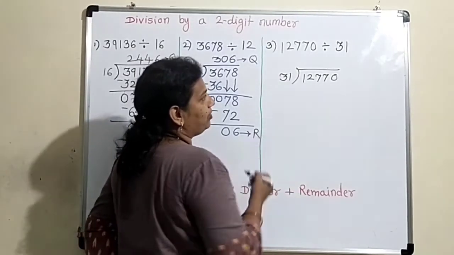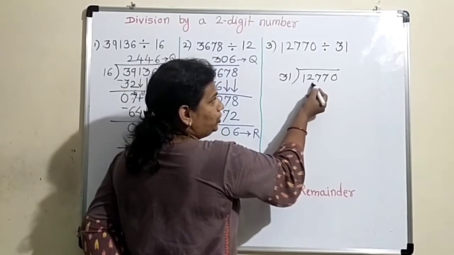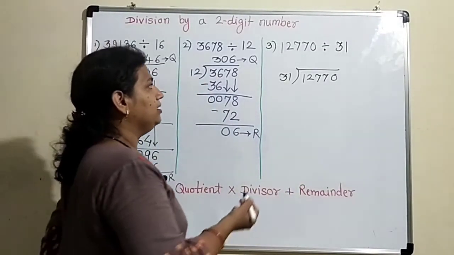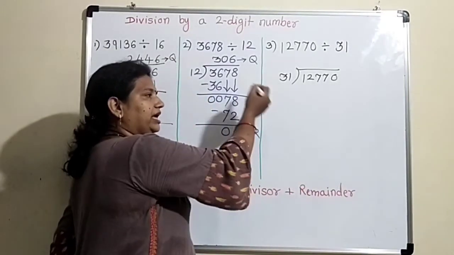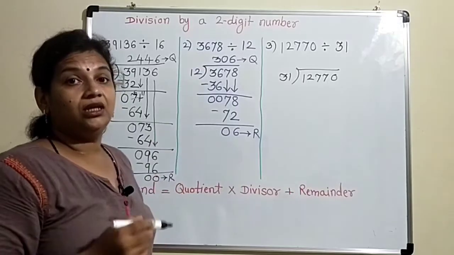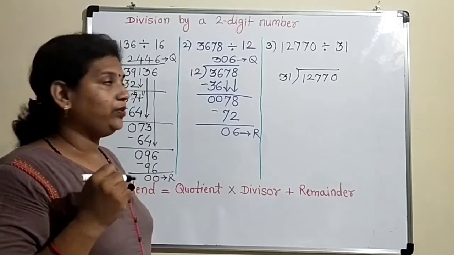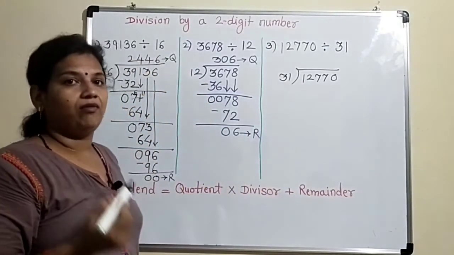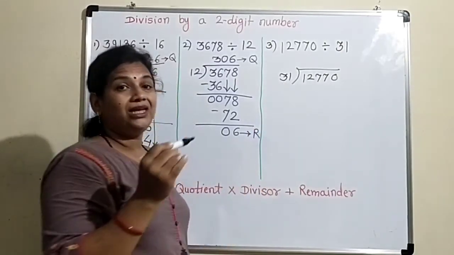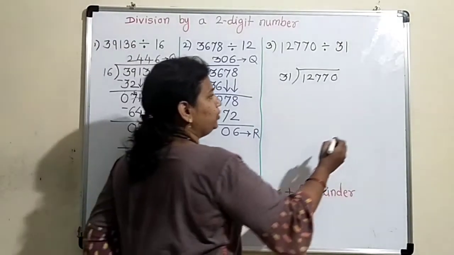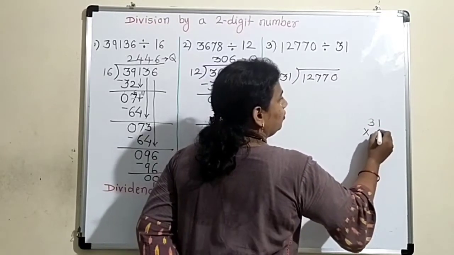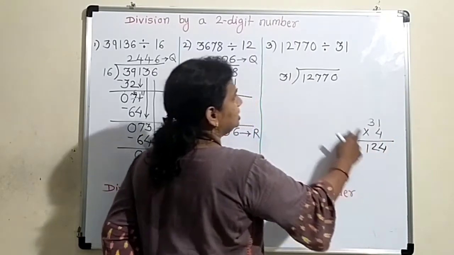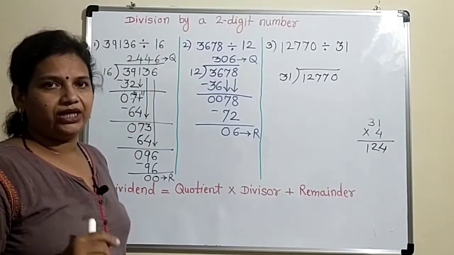Now here when I am going to divide, again the 2-digit number is smaller than my divisor, so I have to consider the 3-digit number directly. That means 127. Again I will check in table of 31 where 127 comes. Now I can guess, as the first 2 digits are making the number 12. In table of 3, 12 is coming at 4th place. So I will check 31 4s are. 4 1s are 4 and 4 3s are 12. Yes, this number is nearer to 127.